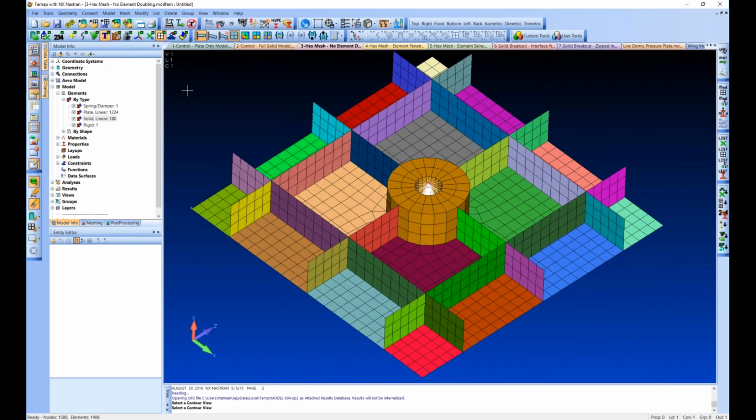So this is no element doubling. So you've hex meshed your boss in here, and you've essentially just butt jointed with your plate elements. And just to show that, you can see plate elements just come right up to that solid cutoff. This is good. It gives you accurate stiffness, gives you accurate mass, but solid elements are not able to support moments at their nodes. So you have a hinge condition whenever you have a plate element butting up against a solid element. So this can give you an artificial load path,